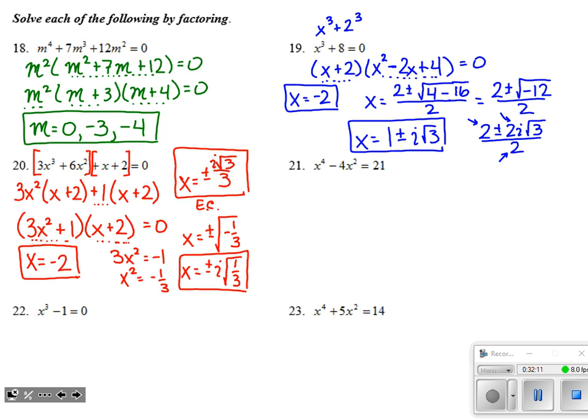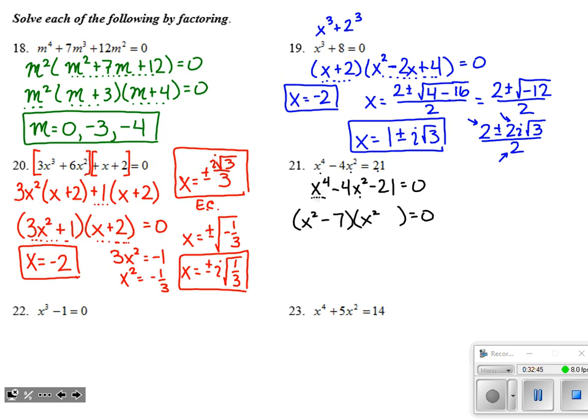Number 21, if we look at it, we've got 3 terms and I can't combine those together. Let's get that set equal to 0. It's kind of looking like a quadratic to me. Now if this were just x squared and 4x to the first, I know I would just factor that using magic numbers. Except I have to remember that my first times first has to make x to the 4th, so my factors, instead of being x and x, have to be x squareds. That's the only difference here.